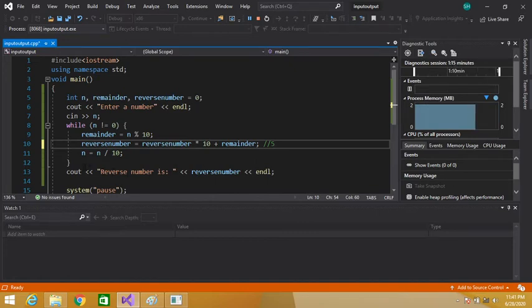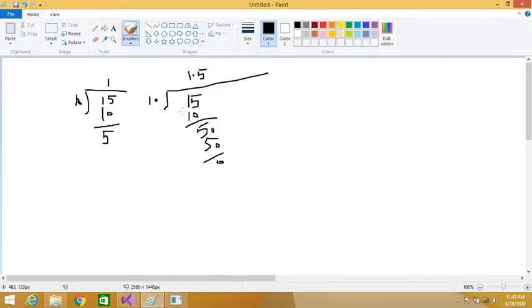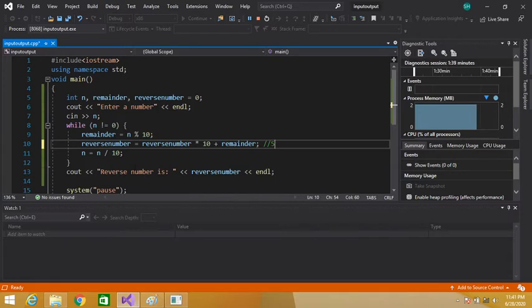Now n is equal to n divided by 10. n contains 15. 15 divided by 10 is equal to 1.5, because division returns the quotient. But see here, we have declared n as an integer variable.